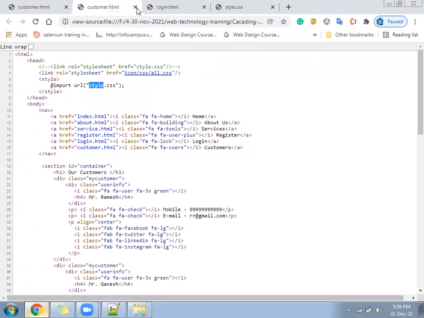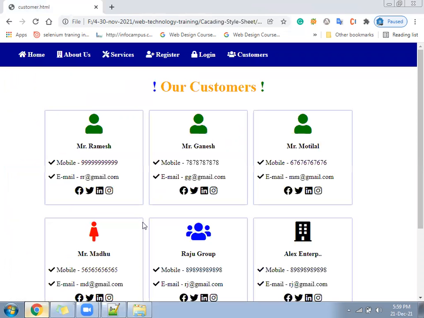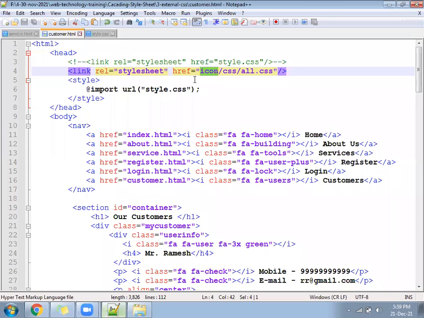Even many people do not have much idea about the types of CSS. They directly use one method, the link method. Sometimes they copy and paste from the internet and it works, but they do not remember this is also a type of CSS. So how many types do we have now? Four. Inline, where we write division wise, li wise, paragraph wise.